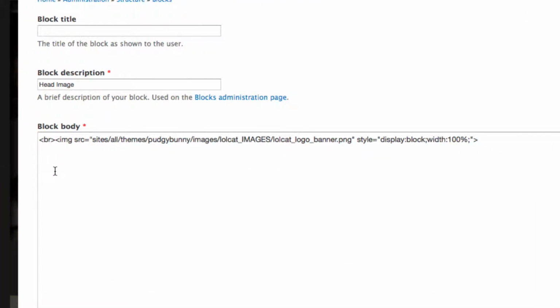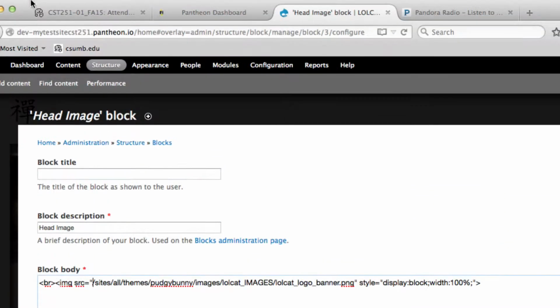Okay, so here's my path. Sites, all. Here's part of my problem. I need to have a leading slash on it because it's base relative, right? So it's telling me this is the beginning of my website. I can do a global path here, right? So if I can come up and say